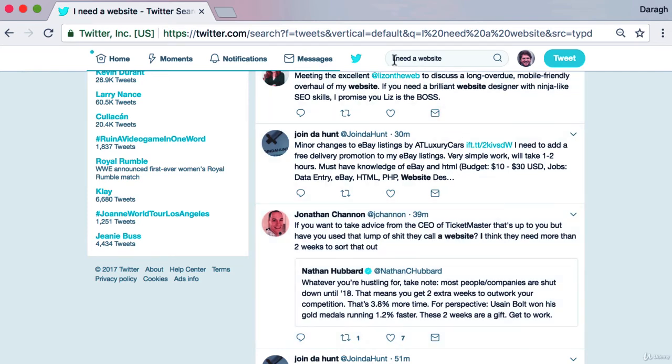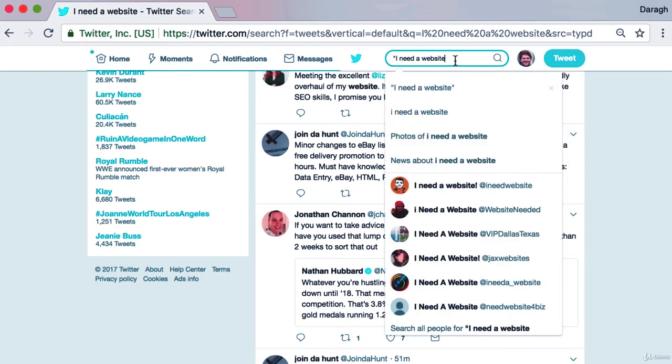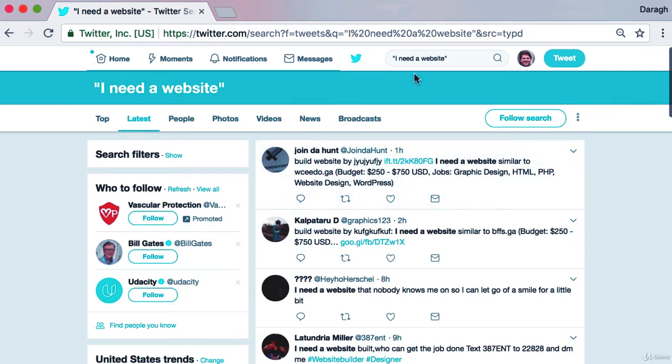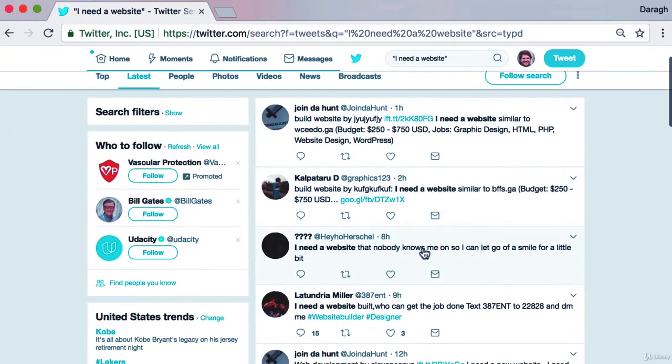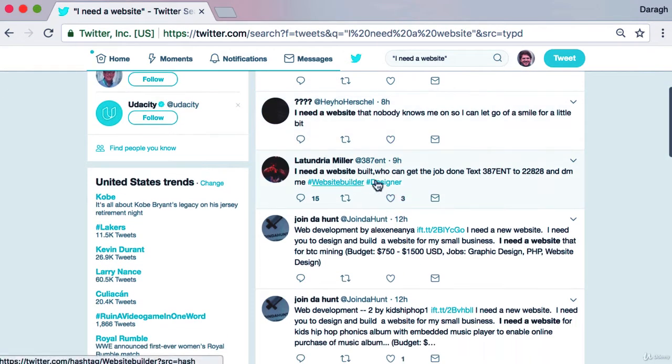And so if you want to narrow your search, what you can do is put these parentheses around the search. And now you are only going to see tweets that have that exact phrase in it, "I need a website." So you can see down here, "I need a website, I need a website." You could probably reply to that person straight away. "I need a website, who can get the job done? DM me,"